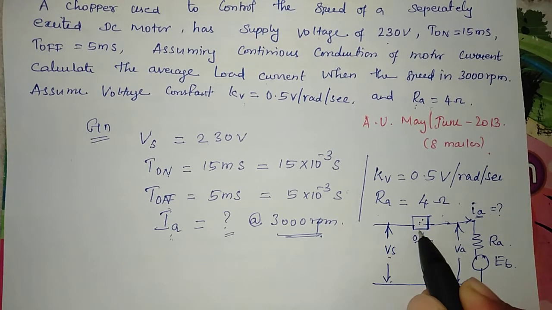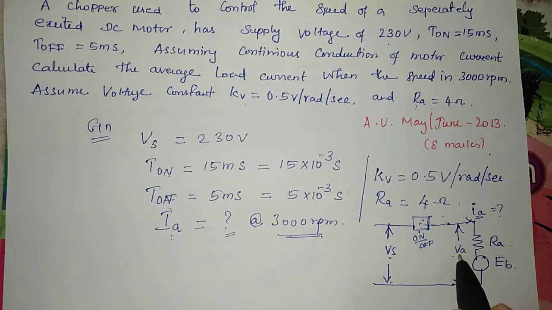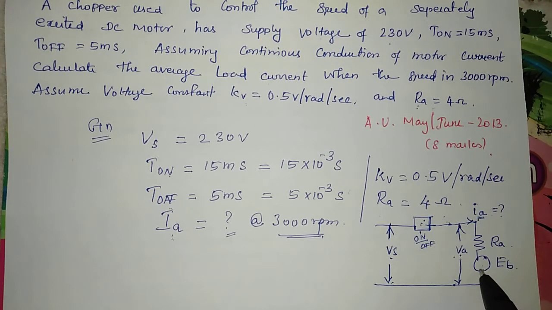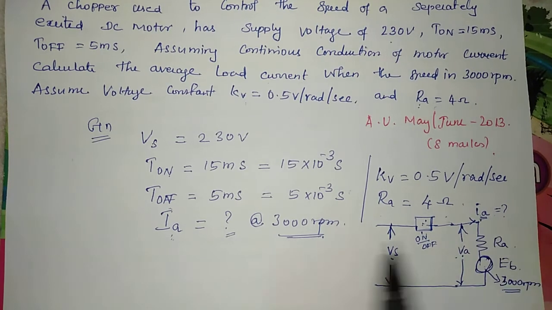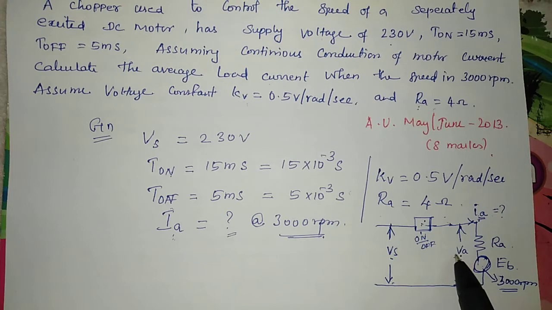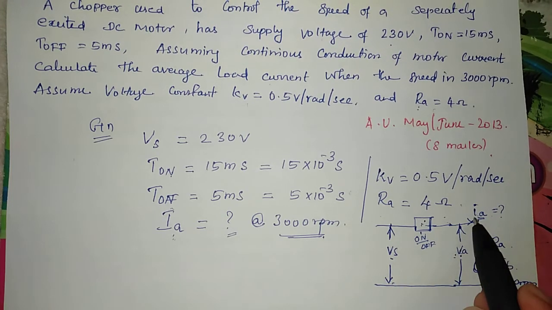So this is Vs. After switching on and switching off, we have the regulated voltage as the armature voltage. Due to this armature voltage, this current is produced. Now the question is, if the rotor runs at 3000 rpm, how much current is required? That is the question. So if we find Va,